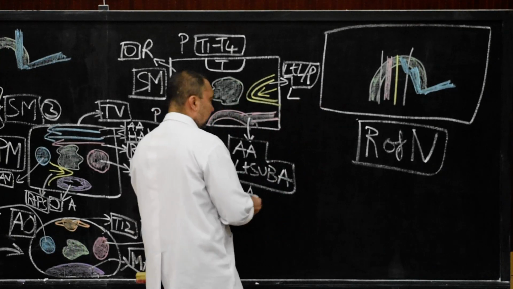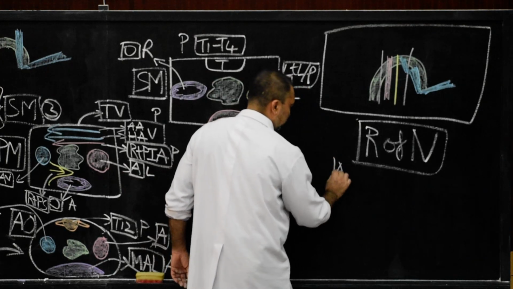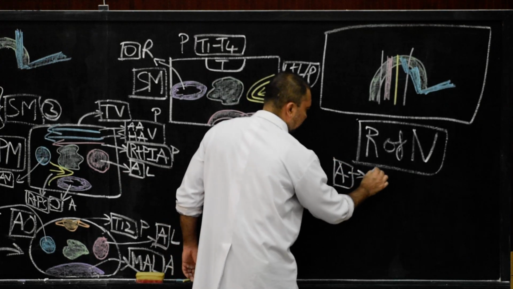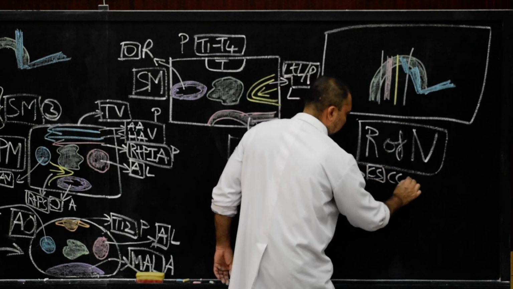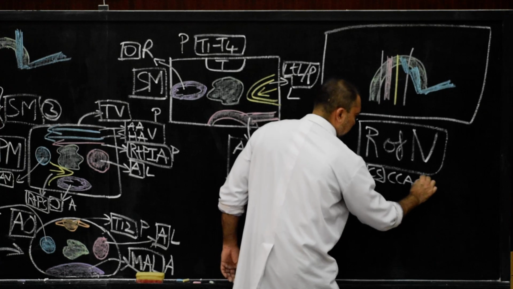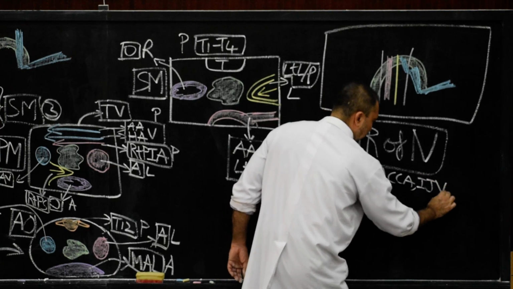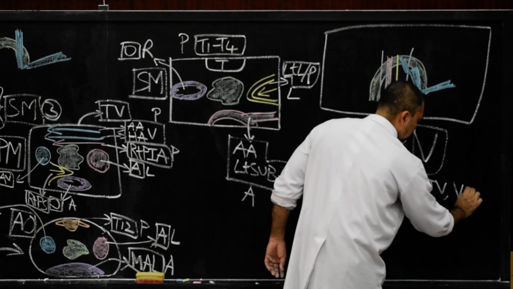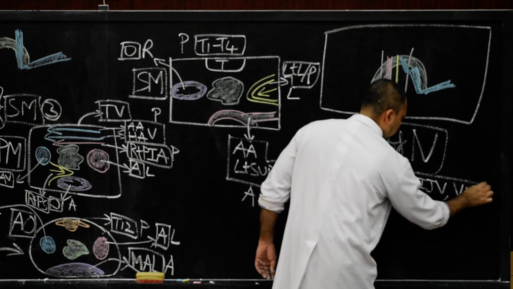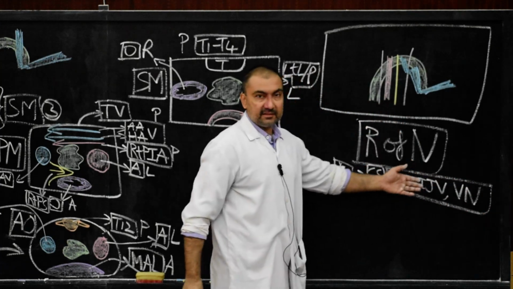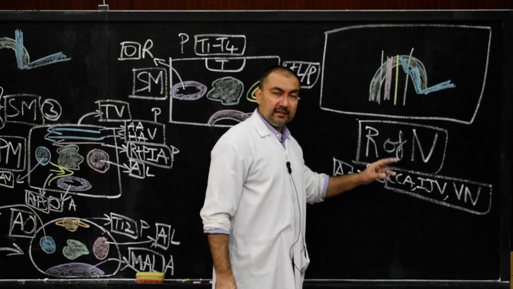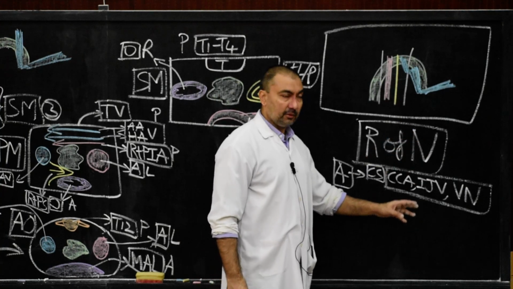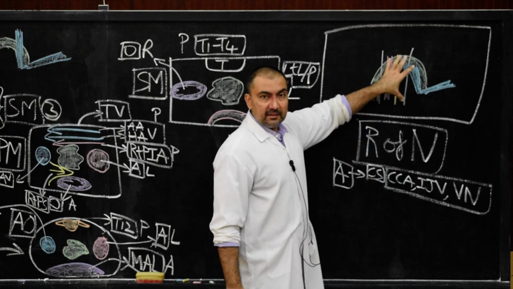So here we need to mention that anteriorly in the root of the neck there will be the carotid sheath, and there will be the presence of the common carotid artery, then the internal jugular vein, and the vagus nerve. Please note down all these structures, they are asked in MCQs. So the carotid sheath, along with the common carotid artery, internal jugular vein and the vagus nerve, will be related anteriorly to the thoracic duct.